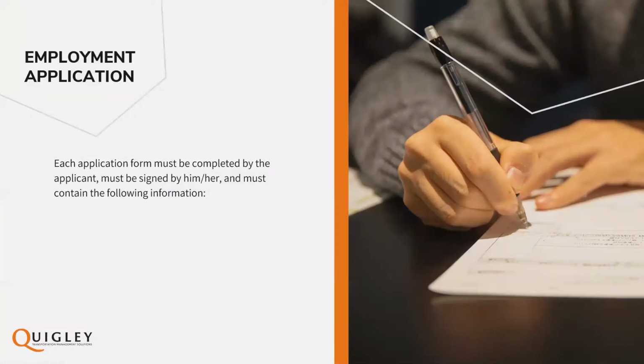Okay, the employment application. Every applicant must complete a DOT compliant application form. As part of our driver qualification file program, you'll receive a catalog of customized forms with your company information and logo at no additional cost, if that's something you might be interested in. The information contained in the application must include the name and address of the employing motor carrier, the applicant's name, address, date of birth, and social security number,